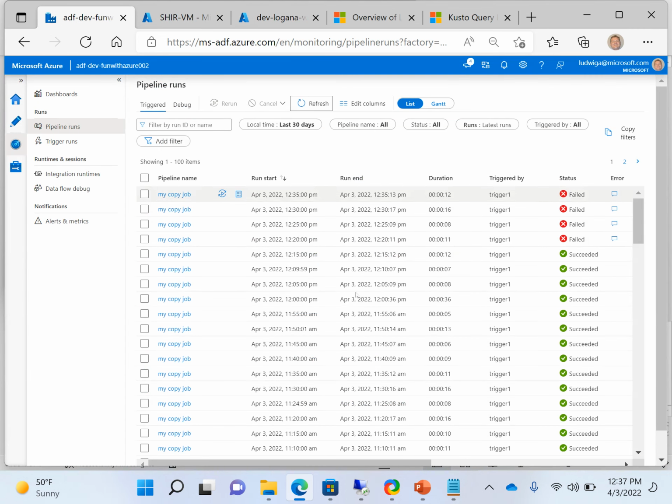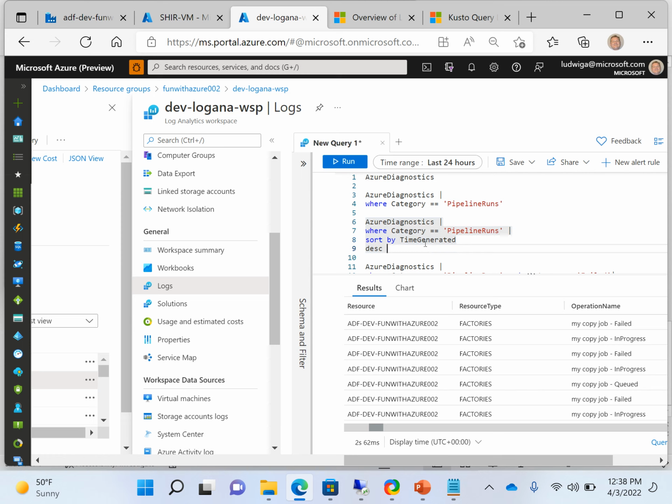You may ask why I'm doing this here. I mean, this GUI is actually also pretty good. You get, I think, most information. But if you want to go a bit fancier and potentially integrate into like a global monitoring solution, I think, you have pipelines running in different data factories, maybe in different regions, different subscriptions, and so on. That's then definitely a use case where Azure Monitor comes in, and you can use that to build sort of a monitoring data warehouse if you want to, right? And there could definitely be use cases where this makes a whole lot of sense based on what I see